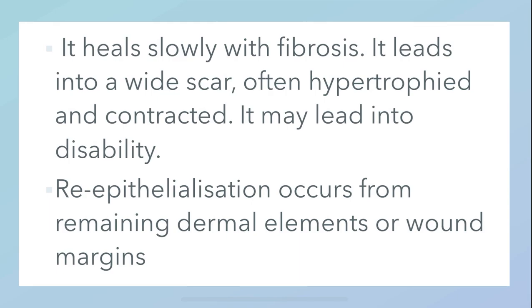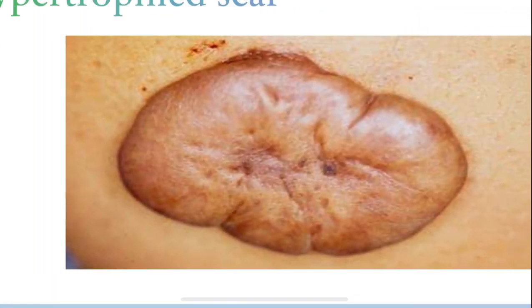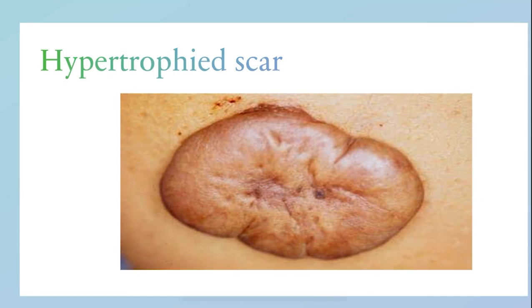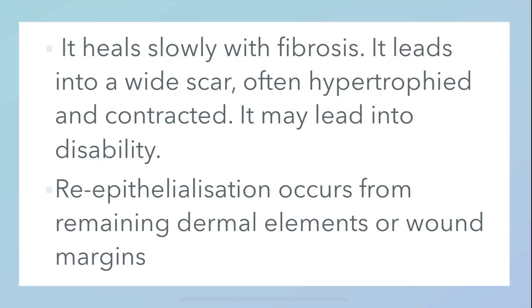Often the scar is going to be hypertrophied and contracted. Now you can see the hypertrophied and contracted scar here. This scar will be found in secondary intention healing. And then it leads to disability. Re-epithelialization occurs from the remaining dermal elements or wound margins. So they are talking about